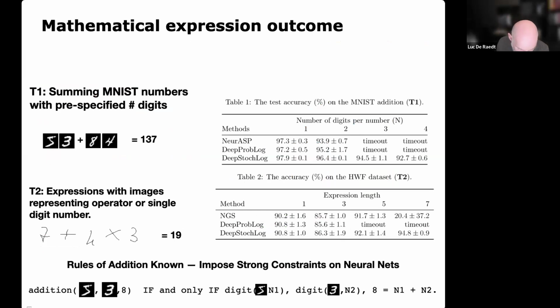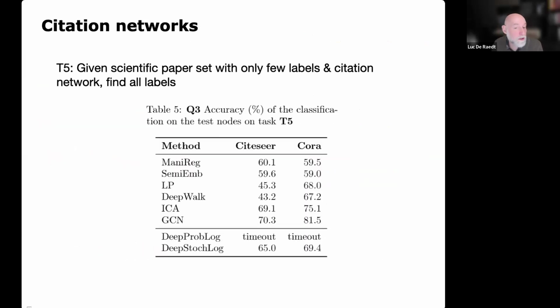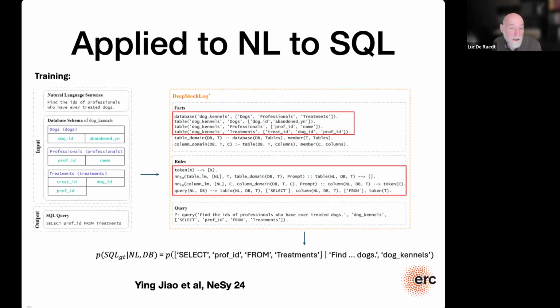You can do lots of things with that. You can look at sequences of these numbers and add them. You can look at this kind of expressions. You can also apply the setting to traditional tasks like link classification. You can do things on SQL to get guarantees that the outputs